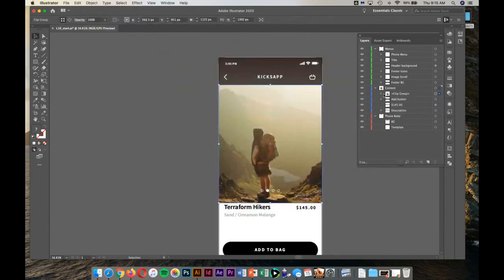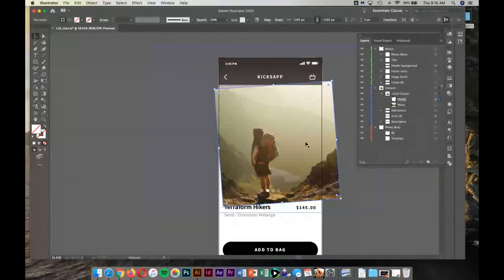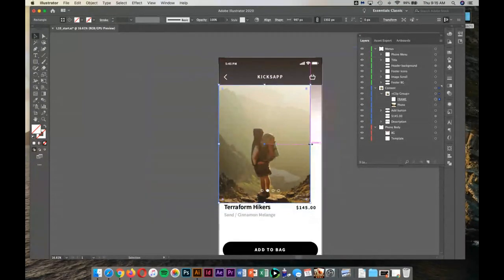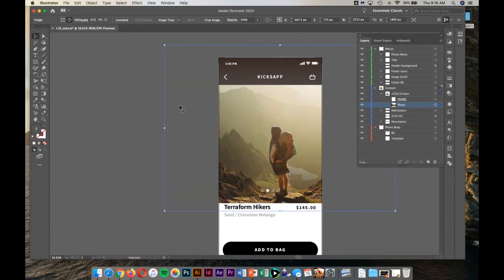And now it snaps that photo into that frame. And these are still individually editable objects. So now if I need to make my frame bigger or smaller or rotate it or change any of the properties on it, I can adjust that. Same thing with my photo here. If I have this photo and I decide that I want to change my position, if I don't like where he's situated right now, I'll select the photo, and then just using my regular move tool,